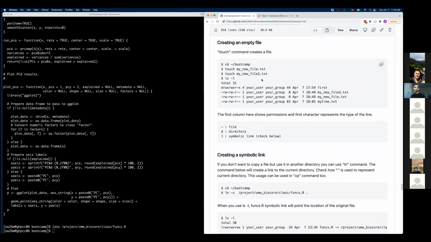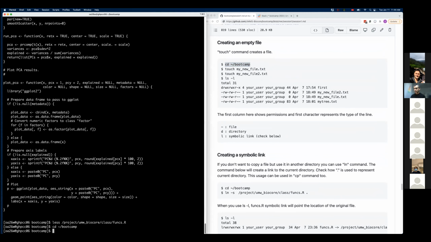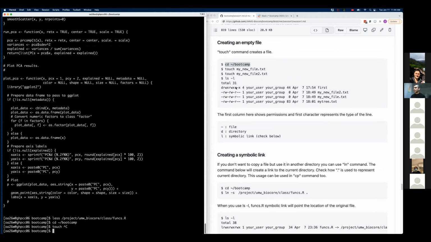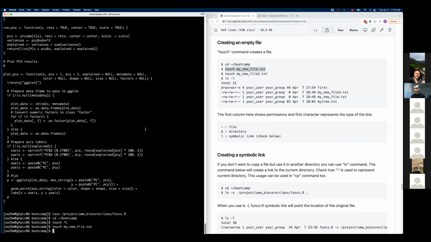Creating an empty file, this is a largely maybe unnecessary thing, but you can use the touch command. And if you just paste this, it creates the file. And it creates the file only if this file doesn't exist.